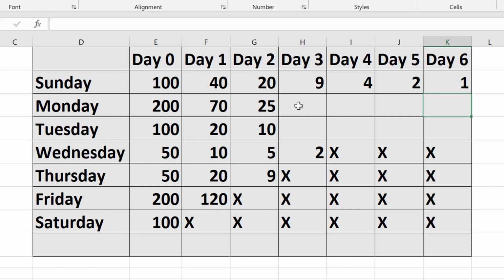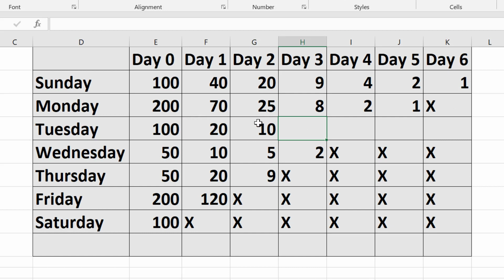Let's say on Monday 200 people were acquired on the day 0, and then Tuesday we got 70, on Wednesday we got 25, on Thursday let's assume that this number was 8, and then it is gonna be let's say 2 for Friday, and let's assume this is 1 for the Saturday, and then again on day 6 it's gonna be crossed, because this is gonna be the Sunday of the next week, which is what I am not considering.